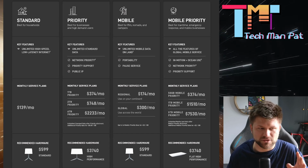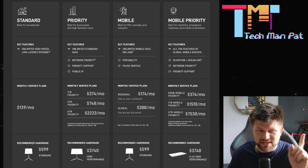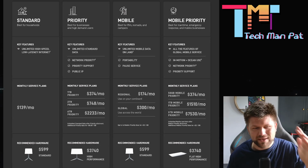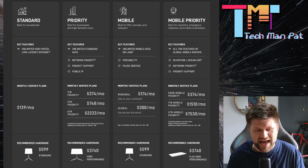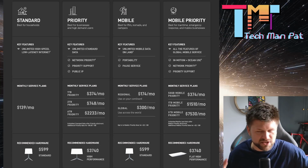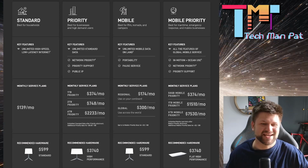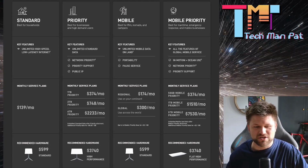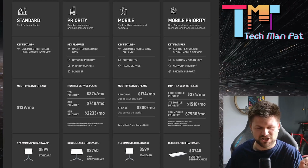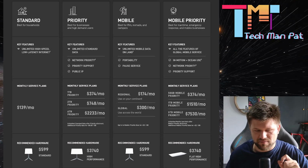And the plans do jump quite a bit. 50 gigabytes. No more terabytes. It's only 50 gigabytes, 374, 1 terabyte, 1510, and 5 terabytes at 7,530. Now, this is a drop in the ocean if you are a warship that needs lots of mobile data across the ocean. And the flat dish is similarly priced to the high performance one, which is the flat high performance dish,